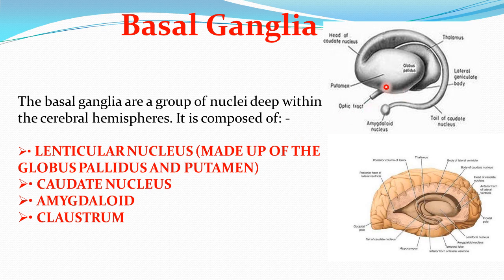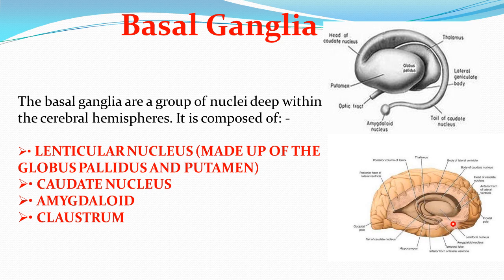See here, this is the lenticular nucleus. It lies laterally. L for L, you can remember. This C-shaped curved grey matter is known as caudate nucleus. At the tail of the caudate nucleus, there is another nucleus known as amygdaloid body. See in this diagram, here is caudate nucleus and here is the amygdaloid body.